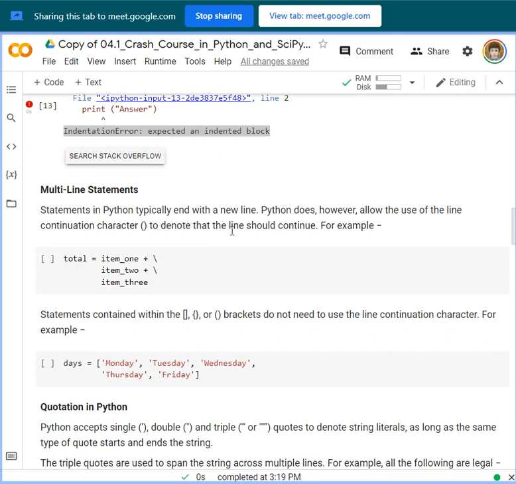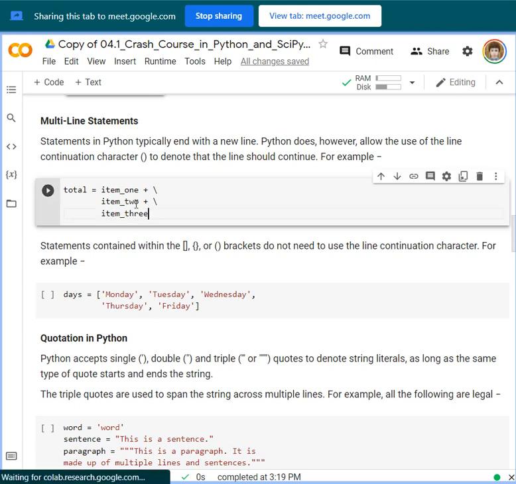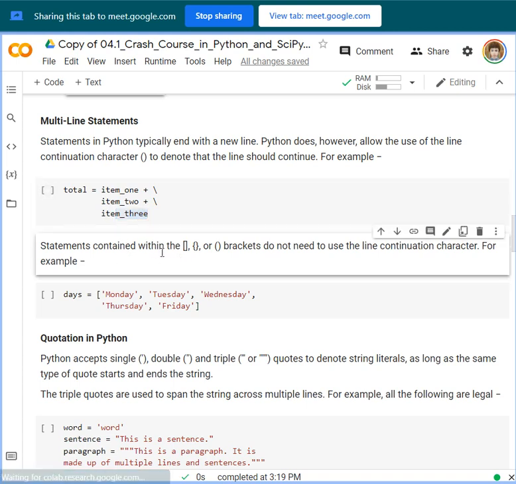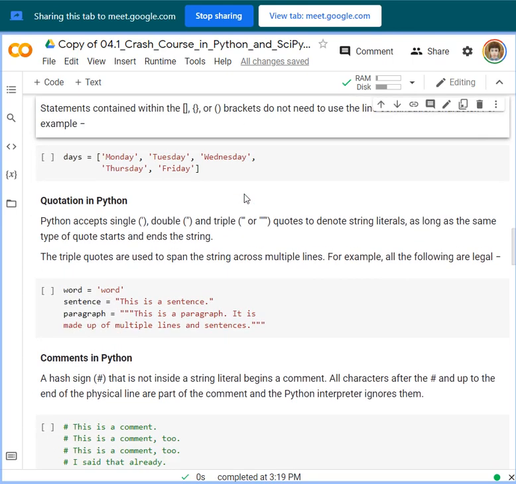For the syntax, you can use a continuation character for multiple line statements, if you are not going to split lines just for the sake of the understanding of another programmer or anyone, you can actually use brackets, curly braces, or parentheses.